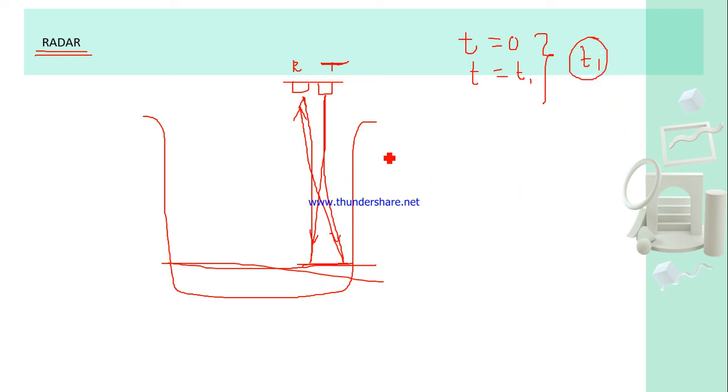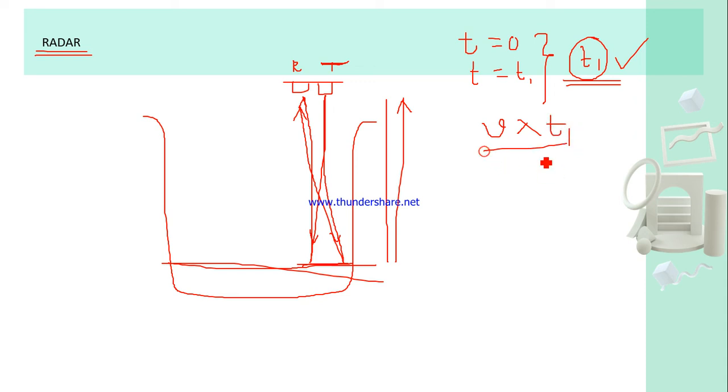which took to travel from here to here and again here to here. Okay, so the time of flight you can calculate like this. Now, because this electromagnetic wave travels with the velocity of light, if you know the velocity and then the time of flight divided by 2, this is your instantaneous level. Okay,